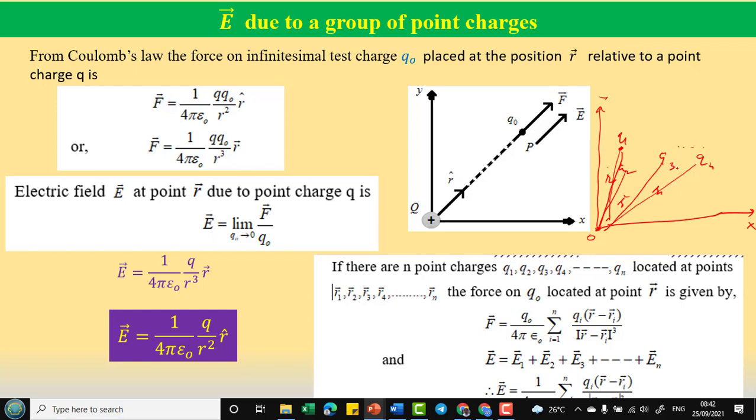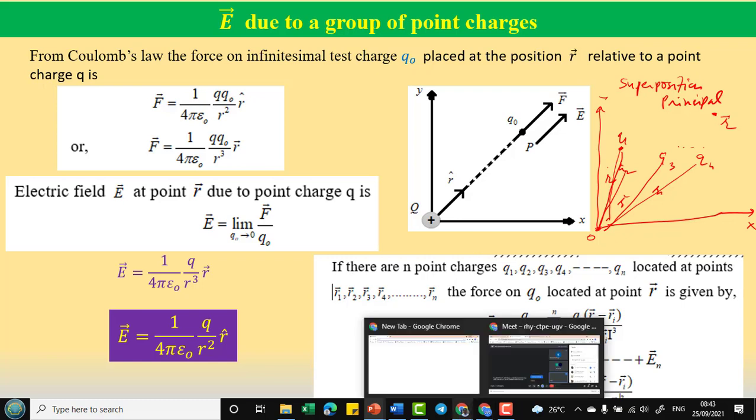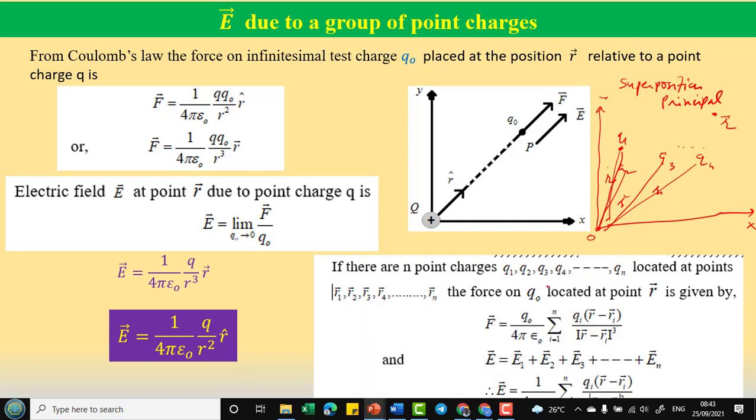So a number of charges are there, and due to these charges, what you want to find is the electric field intensity at some another point, let us say having position vector r. So how much is the intensity of electric field? This can be calculated by using the superposition principle. Similarly, the force can also be found out, right? Actually, electric field intensity is the force which is acting on a unit positive test charge. So electric field intensity is not different from the force. It is the force, only it is the force acting on a unit positive test charge.